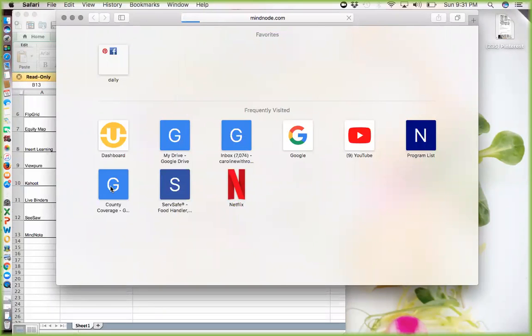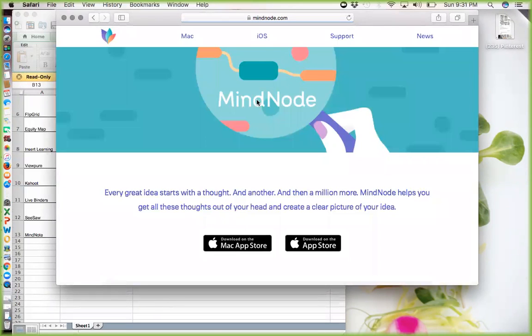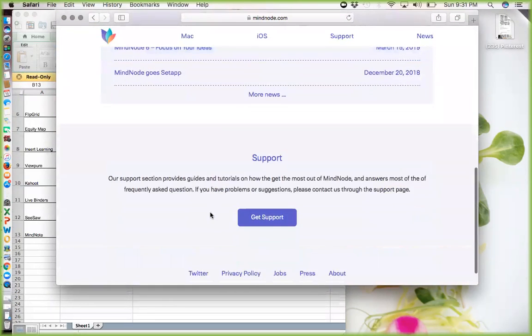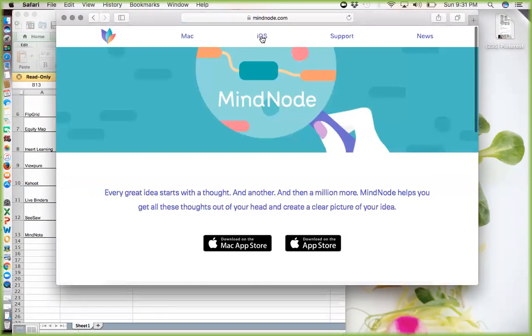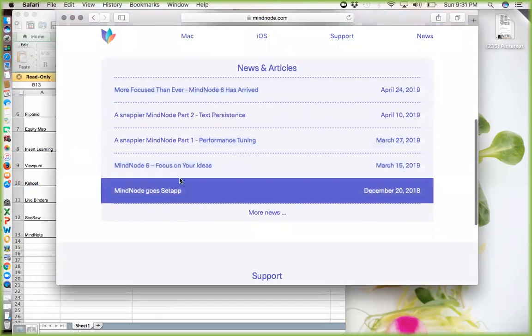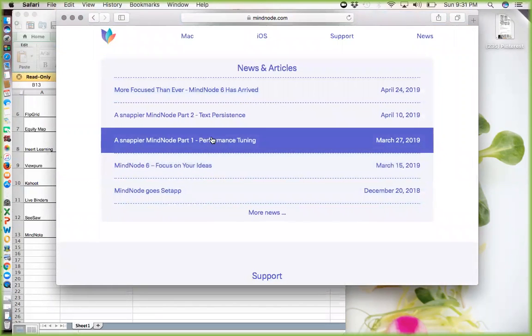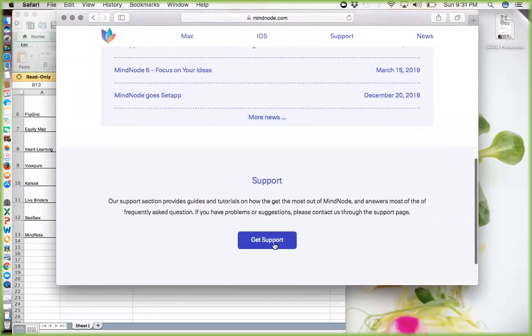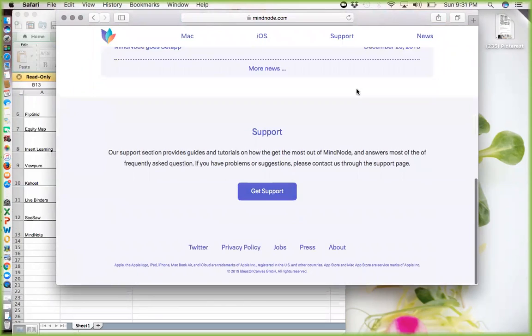So my thing says MindNote, but it's MindNode. It's only available on the App Store for Mac, but it's great because it is mind mapping. So when we create ideas, we have a circle idea, and it shows different things. So this is a great way for us to